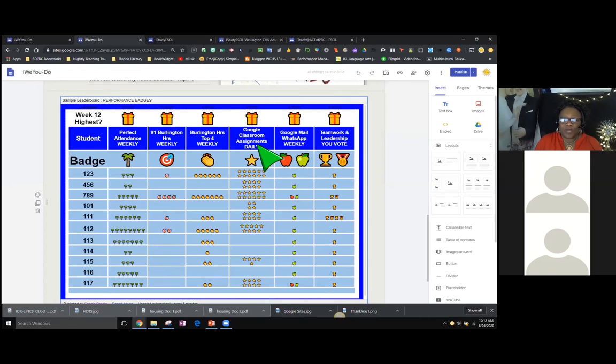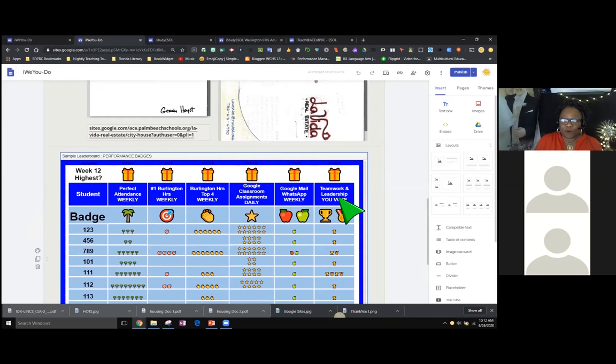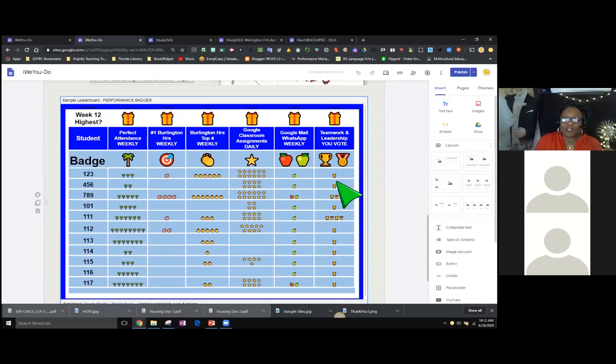In Palm Beach County, we went to Google Meet and Google Classroom for a virtual platform when we transitioned to online learning. And then in the last column, we encourage the learners to vote on a student of the week. And so this also becomes another artifact that's placed on a Google Classroom that the learner can access each week and see progress that they're making, in addition to learning civic skills such as voting. Now, this was created from another Google application. It was created from Google Sheets and integrated into the Google site.